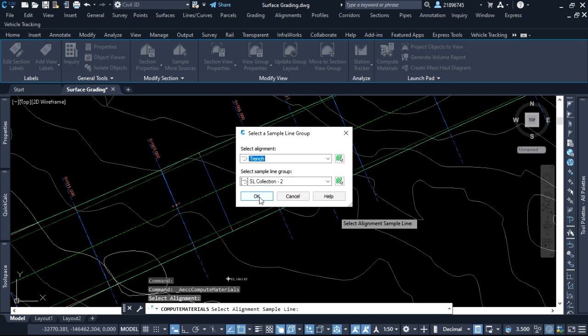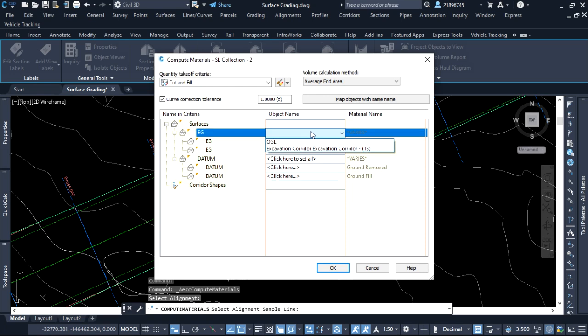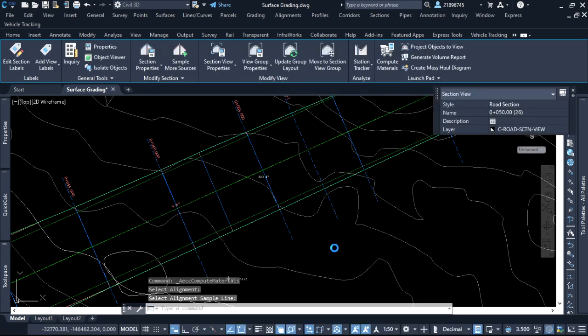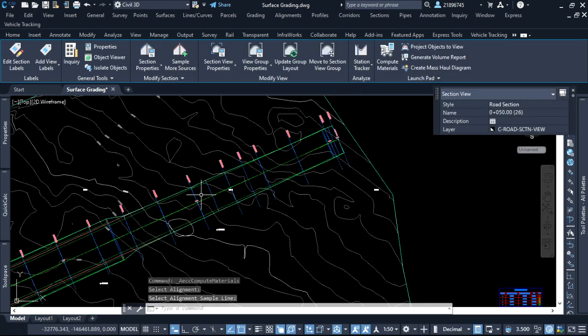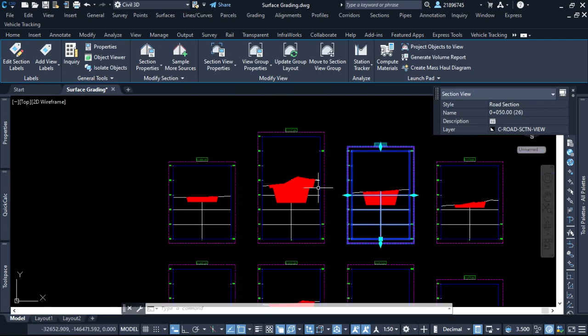So just click OK, and then now you have a window that you can now set the surfaces. So we want to have the EG, so our EG is the OGL, and the datum in this case is the excavation corridor surface. So click OK, and now if you go to our sections, you can see now we have a hatch,